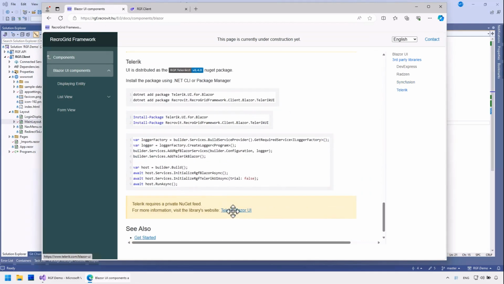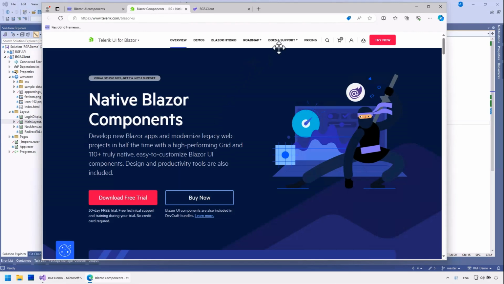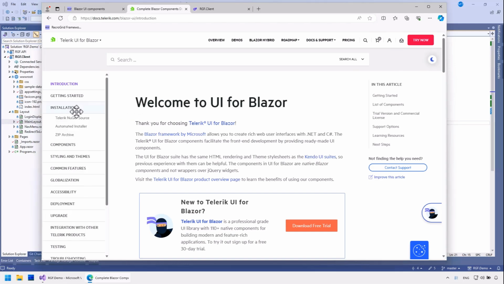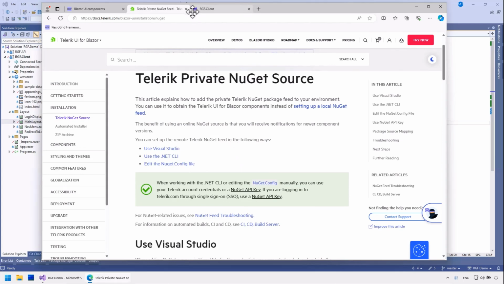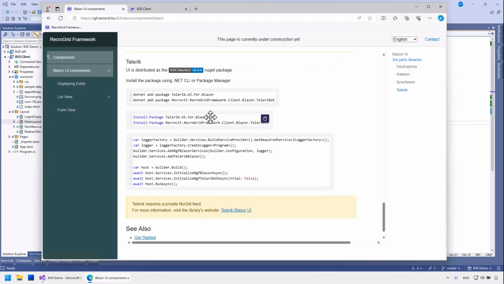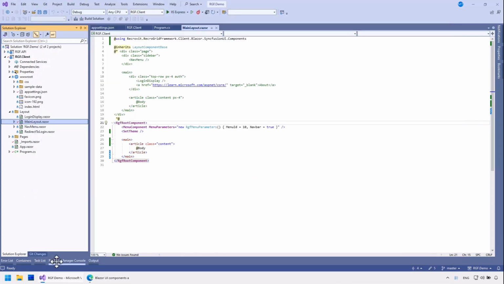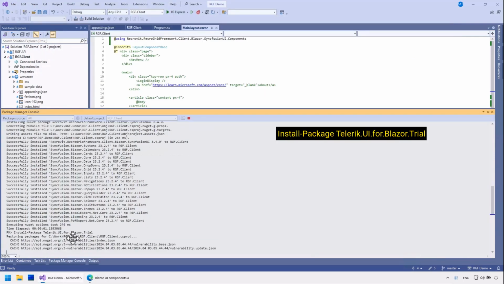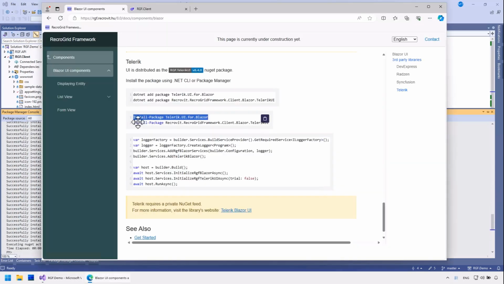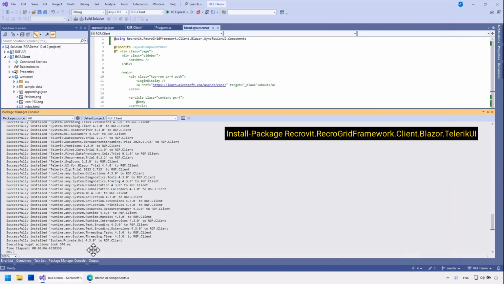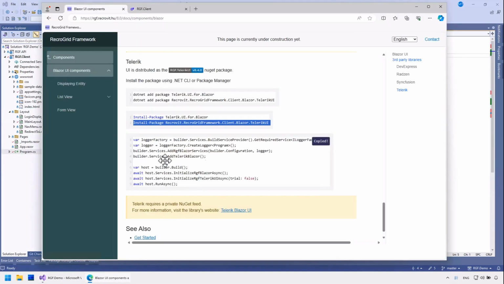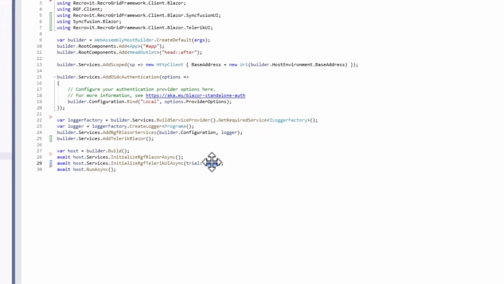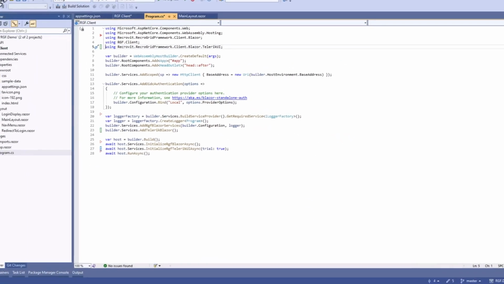And finally, let's take a look at the Telerik Blazor Components library. Telerik offers a paid solution, and similar to DevExpress, we need to set up a private NuGet source. The documentation provides guidance on this process. Unfortunately, Telerik handles trial and paid versions separately in different packages, so RGF cannot directly reference it, and the required packages need to be installed separately. I will use the trial version, and during initialization, I need to indicate this to RGF by setting the trial parameter to true.